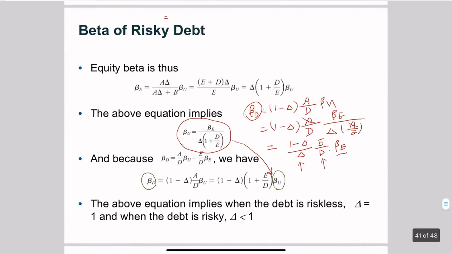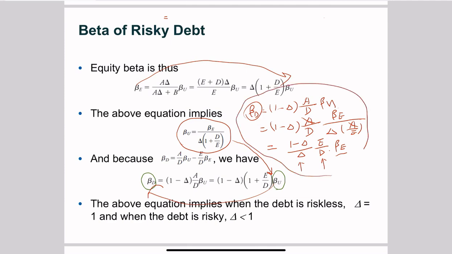So basically you can see that from beta U, you can get beta E, or from beta E, you can get beta U. So if you want to find out beta D, then you could go from beta E to beta U, and then beta U to beta D. Or you could use this formula I wrote here. That is, you could directly go from beta E to beta D, as long as you can find out the delta